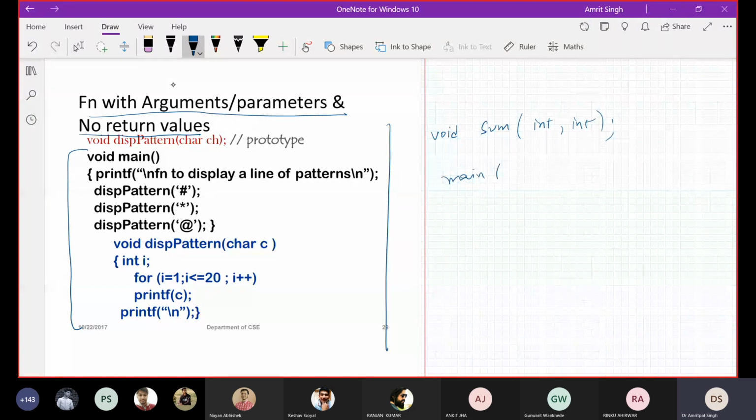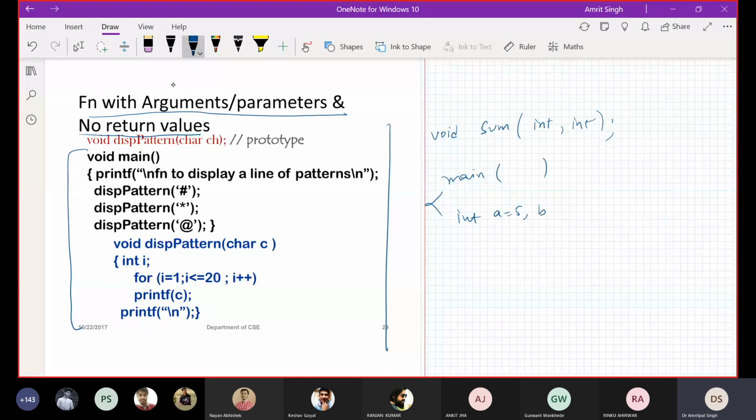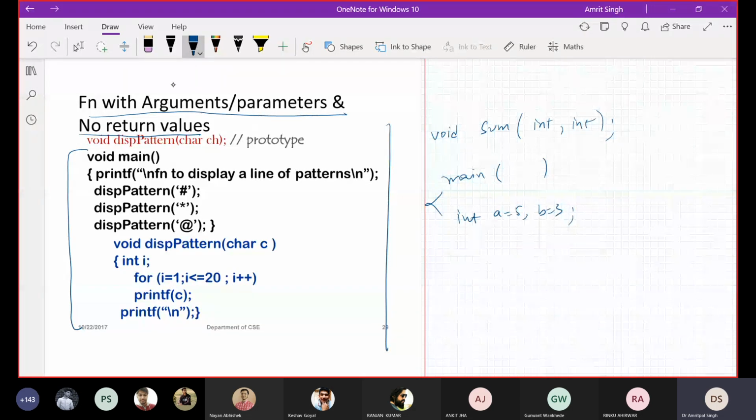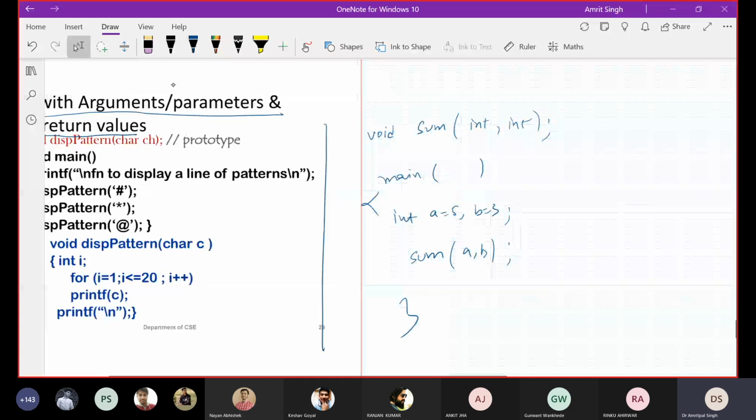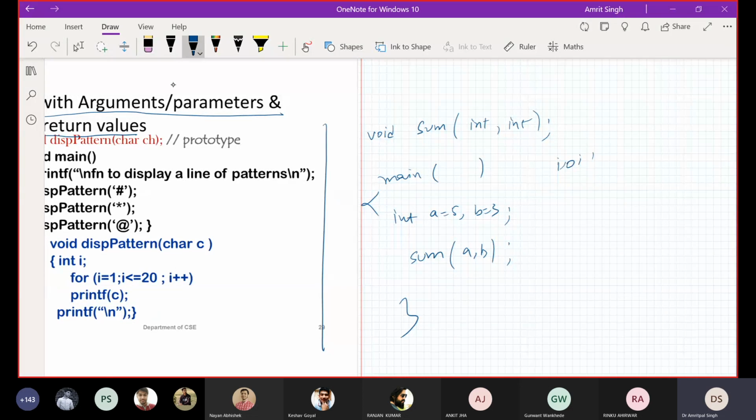Int a is equal to 5, b is equal to 3, and sum a comma b. That's all. So what I am going to write here: void sum int x comma int y.